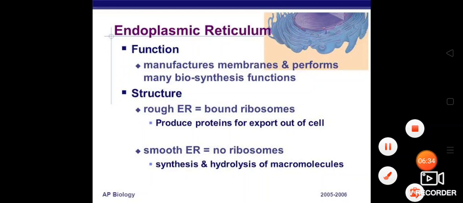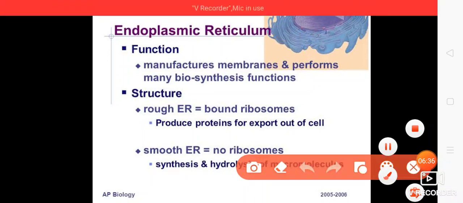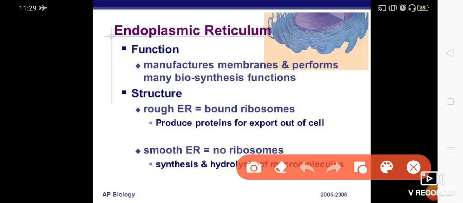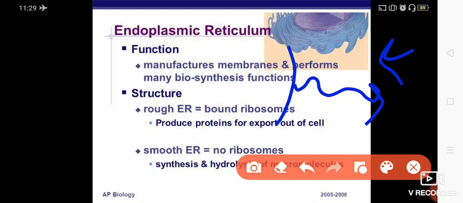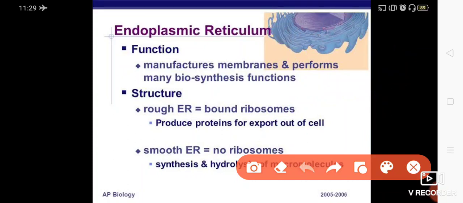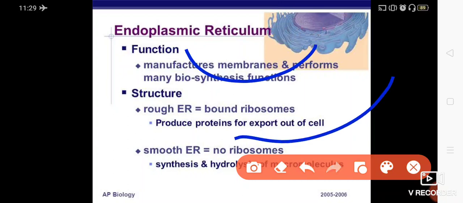What are the main functions of endoplasmic reticulum? Basically, it has a large surface area to transport and exchange materials, because it is found inside the cell, so it can transport materials to the outside of the cell, and from outside to inside also. Both kinds of transportation are performed by the endoplasmic reticulum. These are also helpful in the manufacture of the membrane, the nuclear membrane or the cell membrane.